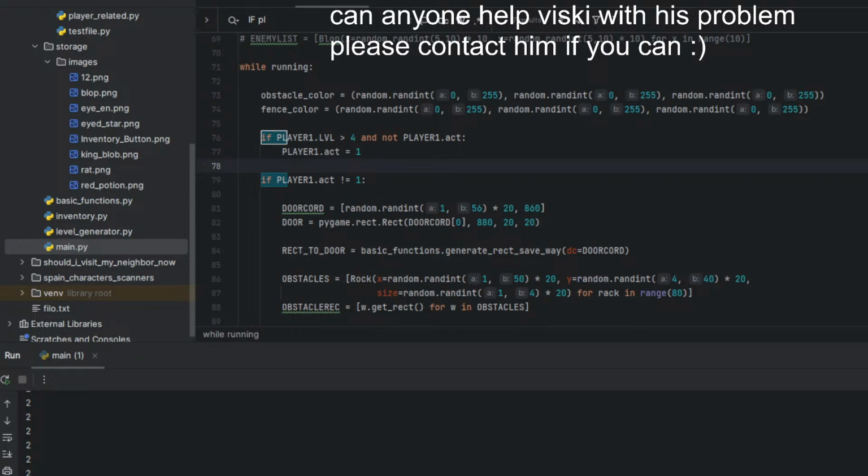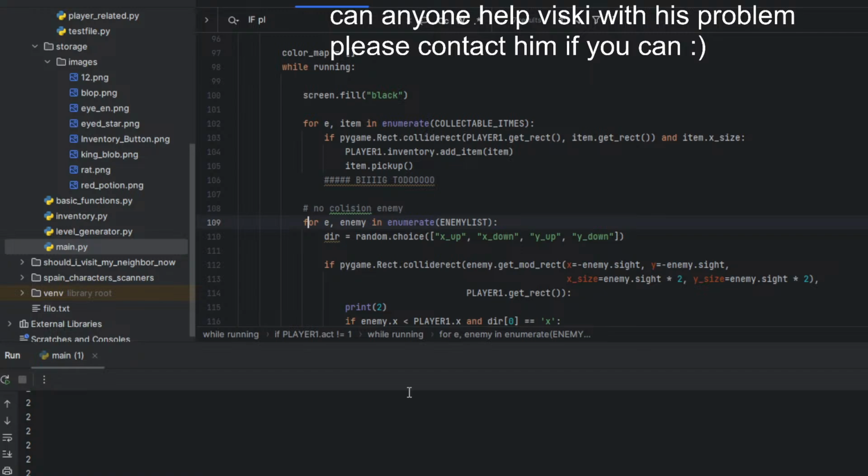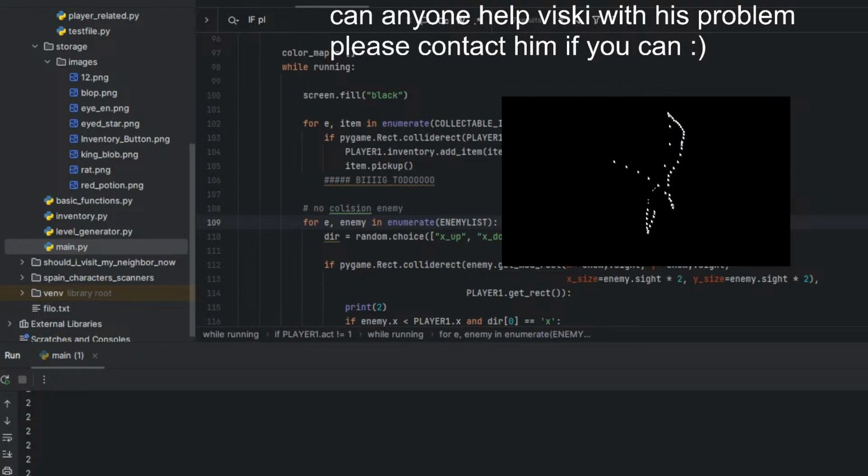And hello to the viewer who joined. We are doing pygame. I already implemented a boss. Now what I wanna do is add an item. Let's do that smaller, I'm sorry. So what could a blob drop? Maybe the blob sword.